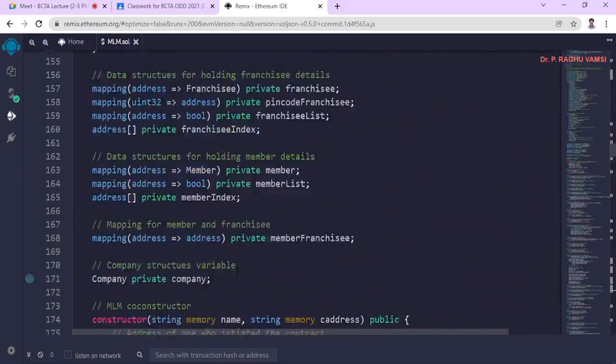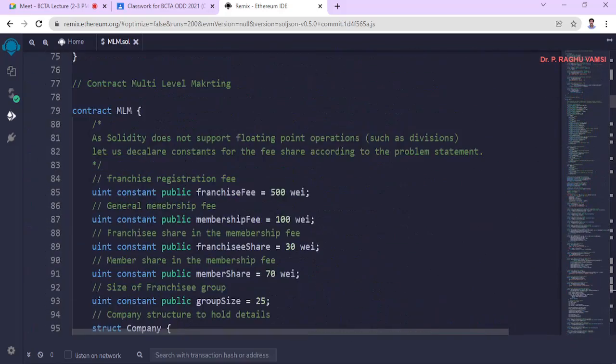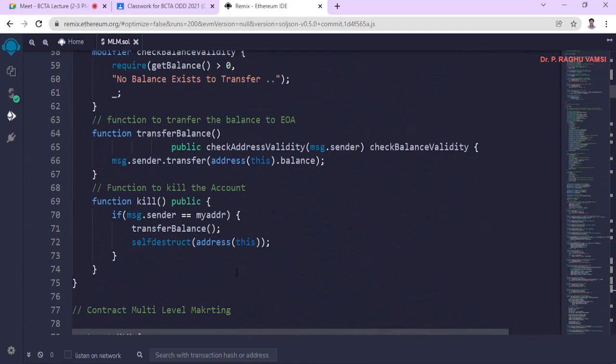For that, you may also try it first. I will give it to you. You may also try it, and how to run and execute it we'll see in the next lecture. Anyhow, I will provide you this code. You may go through this code and try to do some research on it,